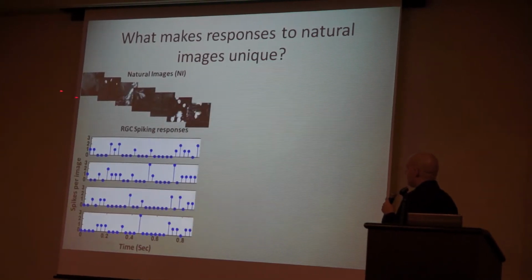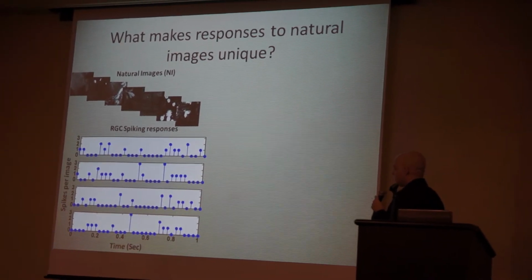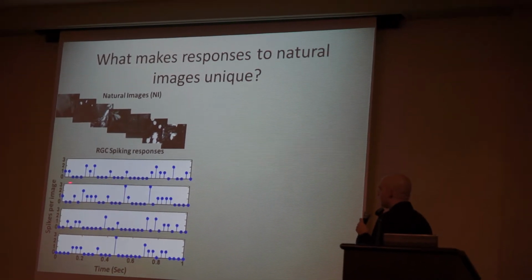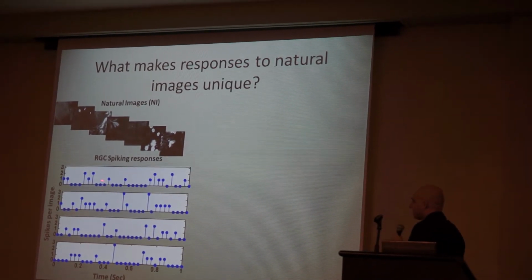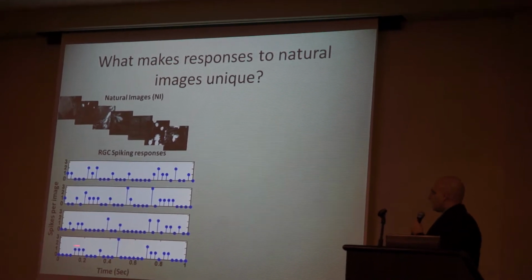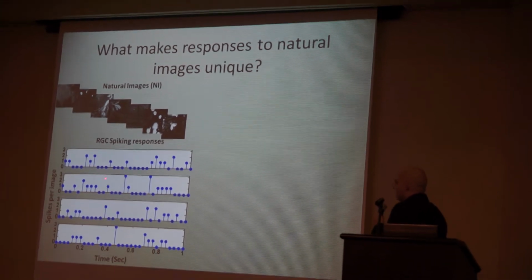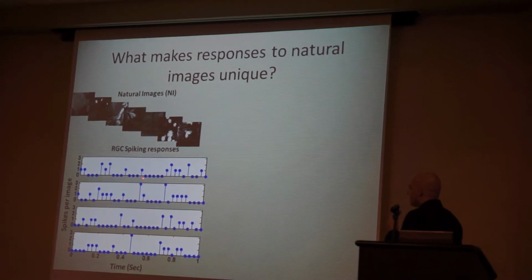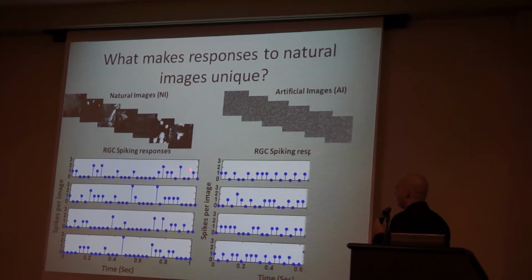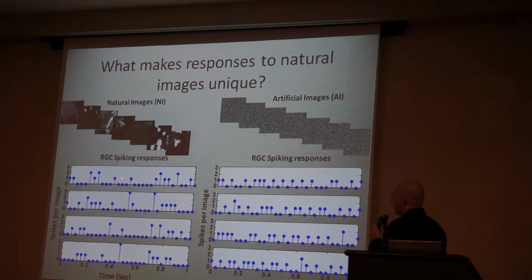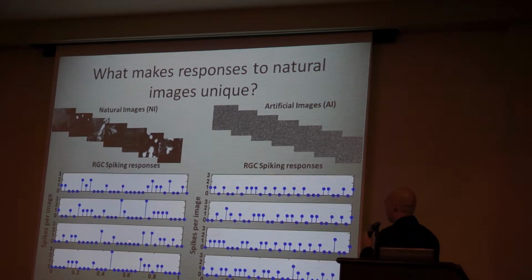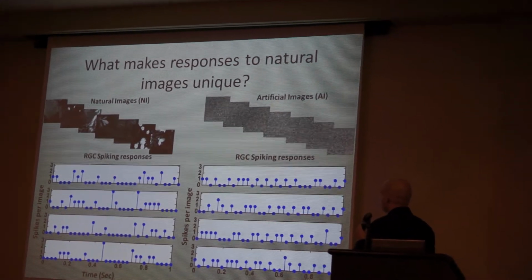If I present a sequence of natural images to a retina and I record the responses over 4 trials, the first thing you can see is that the responses are probabilistic. So they change, they vary a bit between the trials. Moreover, there are certain trends that are maintained between the repetitions, like the quiescent period at 0.6 and the bursting of spikes right before and after the quiescent period.